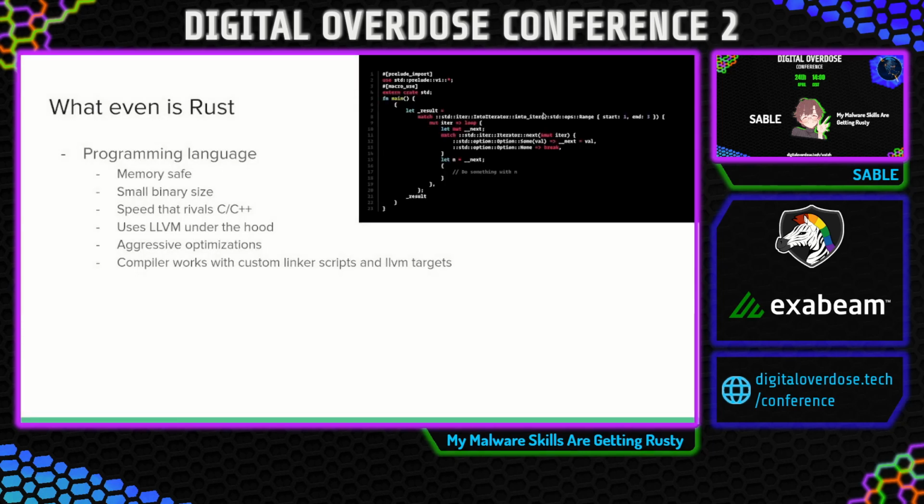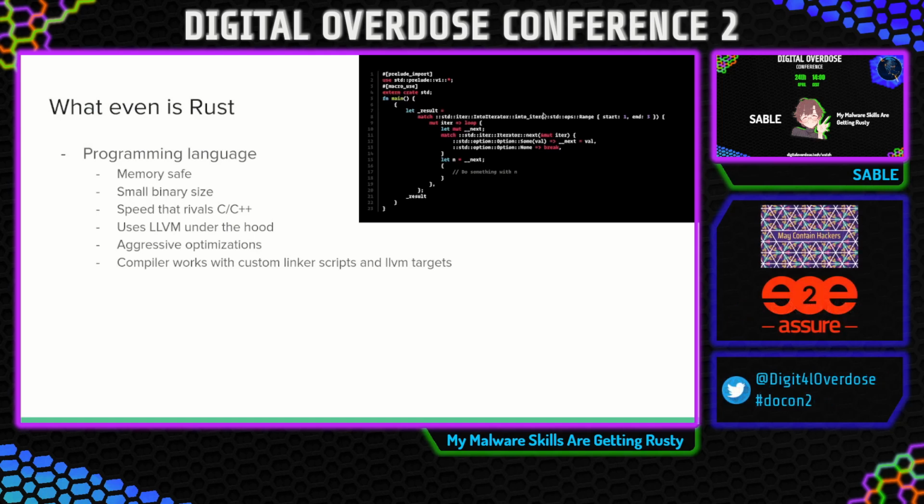It's a memory safe programming language. I'll show you a little bit more later. It's a memory safe programming language that, when compiled, produces a small binary size. And yes, it's compiled and it runs on native code, so you're not using something like the JRE to run bytecode. It has speed that rivals C or C++, for the following reasons: because it uses LLVM under the hood,